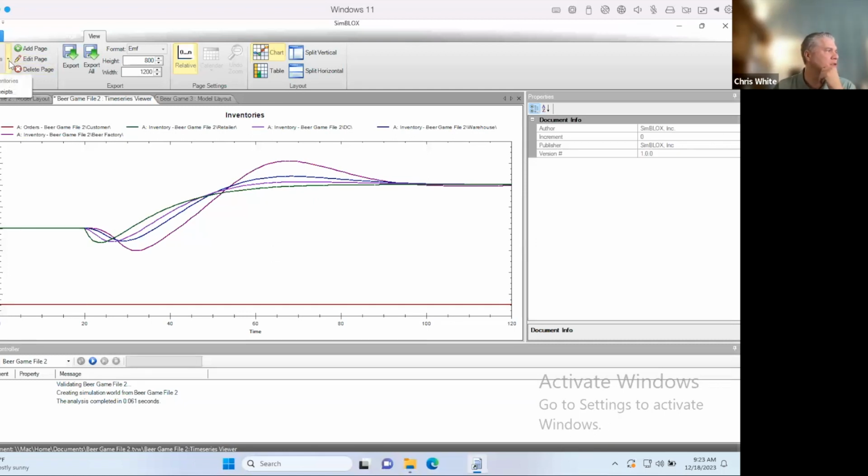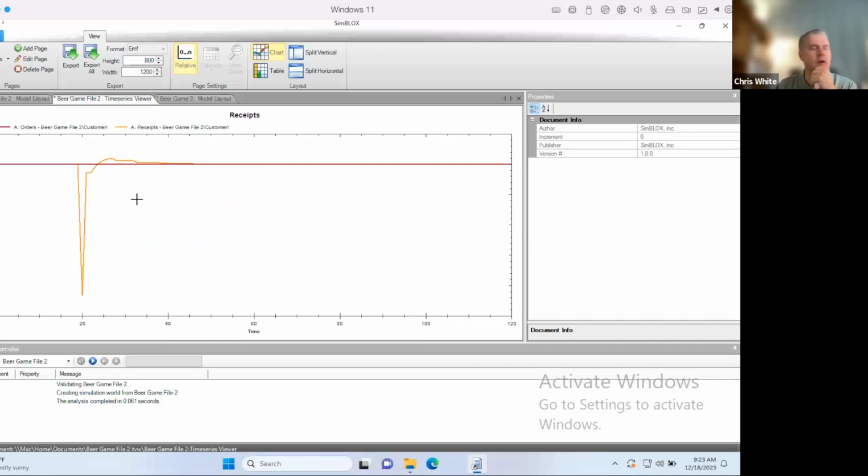But I've added a page where I'm looking at the receipt of orders. And this is what I ordered. I'm the straight line right here. For a period of time, because our retailer does not have infinite capacity, I actually am impacted, even though my orders didn't change. And this is where the whole idea of doing network optimizations begins to lose some of its power: I am not the only player in this system, and no one has infinite capacity.